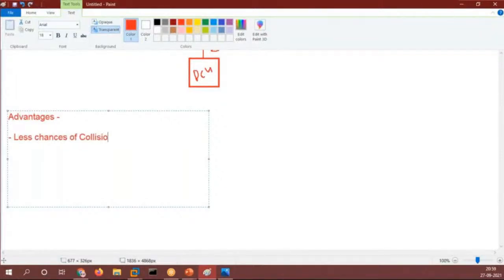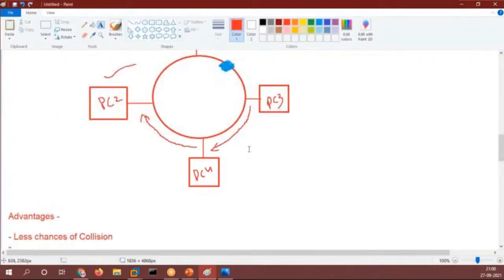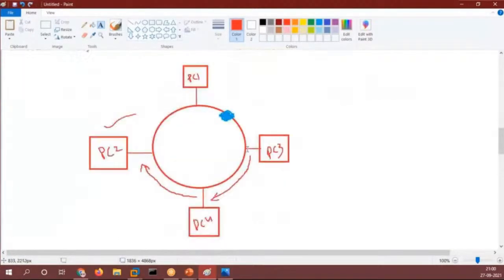Now, why are there less chances of collision, guys? First thing, I have a token. So if you have the token only, you can send the data. Second thing, the data is traveling in clockwise format, even if there is one more transmission going on.